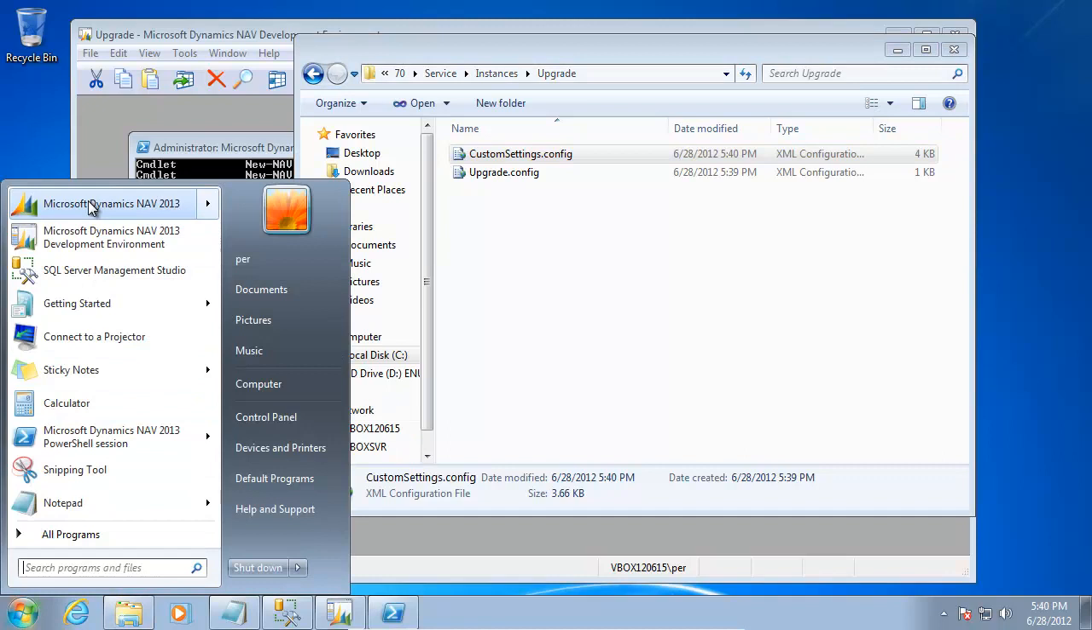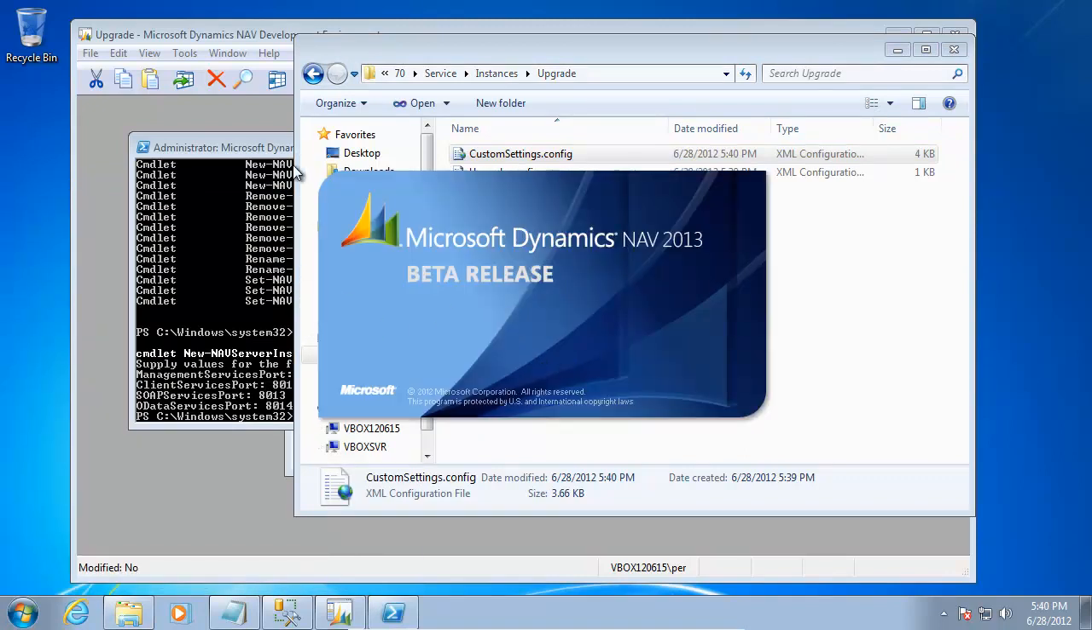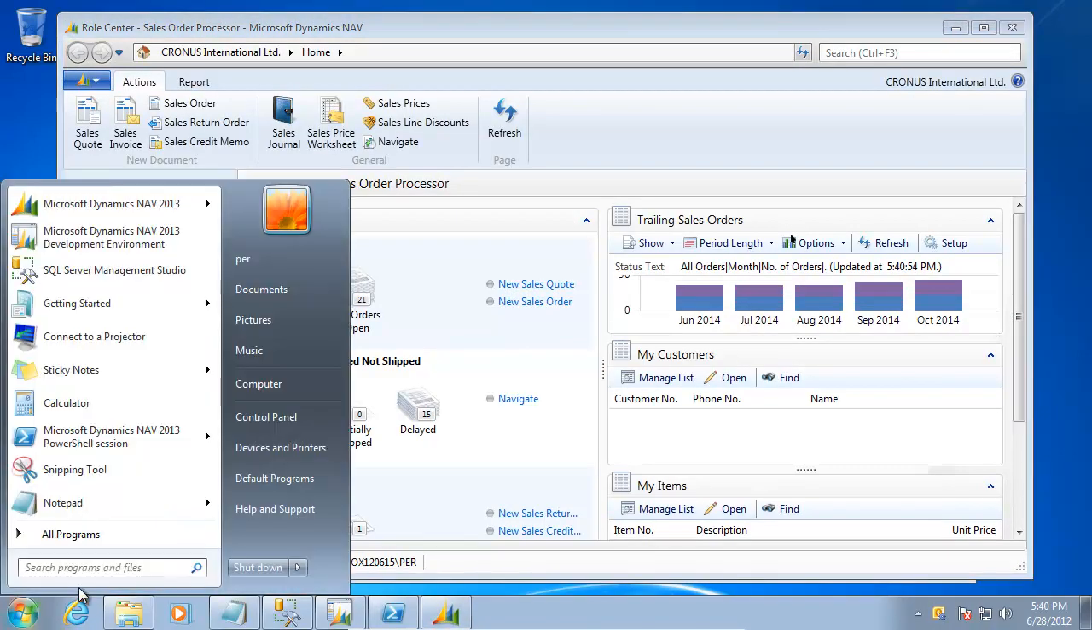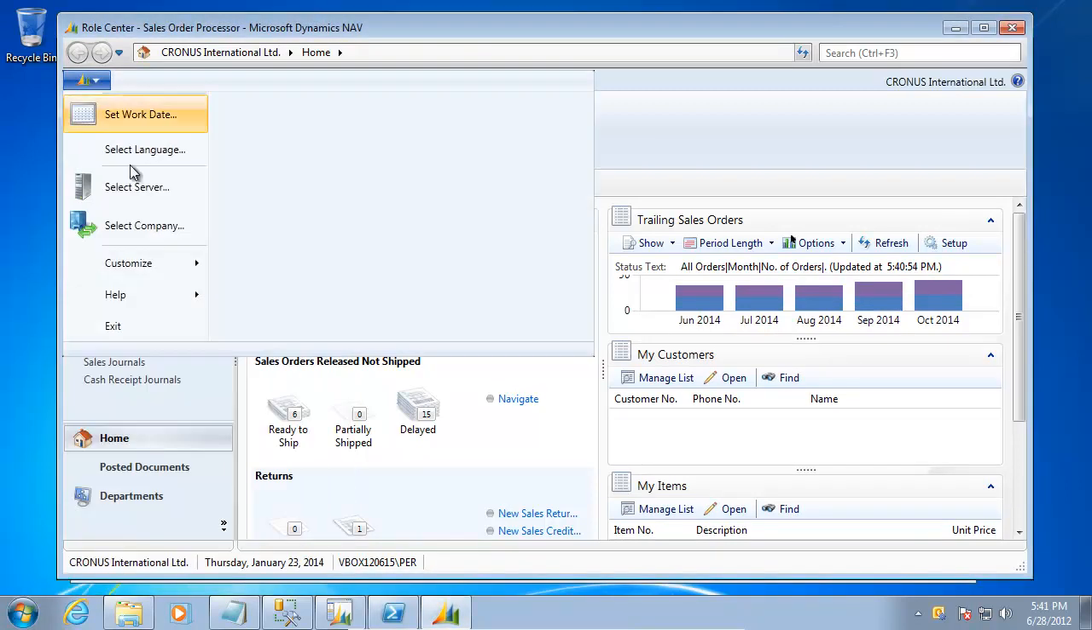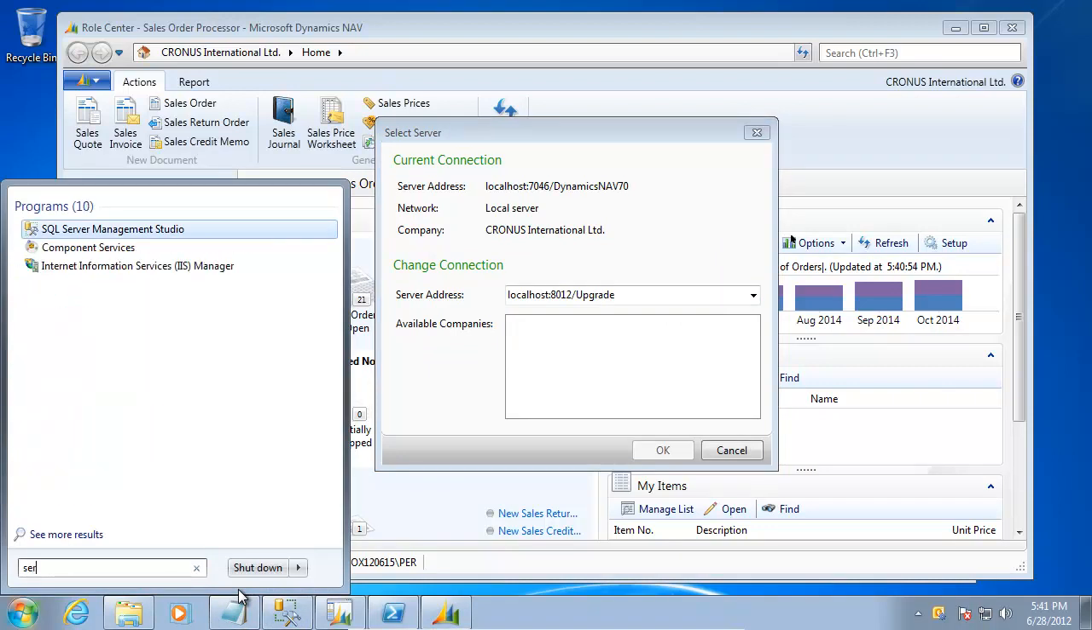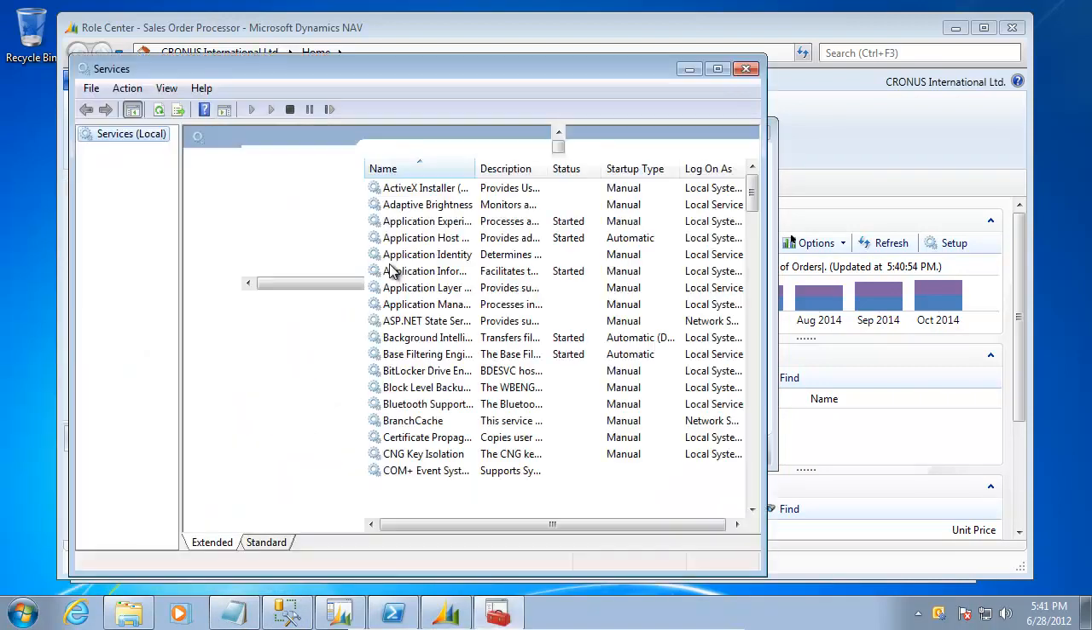And if I now run the Windows client, I should be able to select my new service tier. There are a few things in here right now. If I select my server, I called this one 8012 and I just called it upgrade. It will tell me there's not a service tier that is running right now, and that's because I haven't started the service yet. So if I look at my local services here,